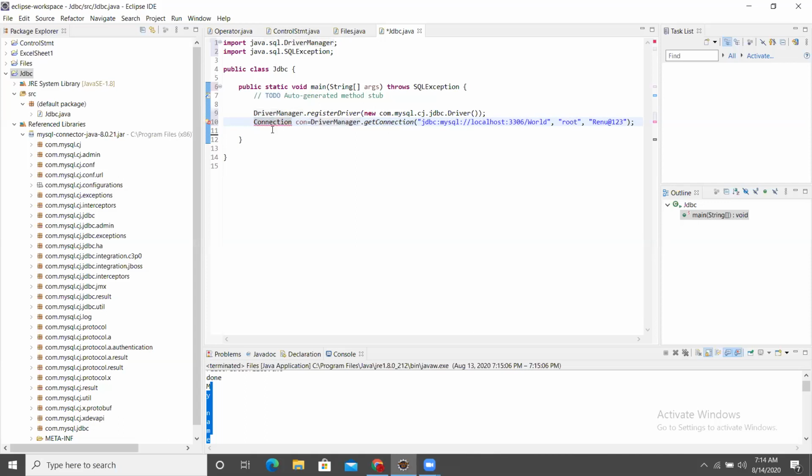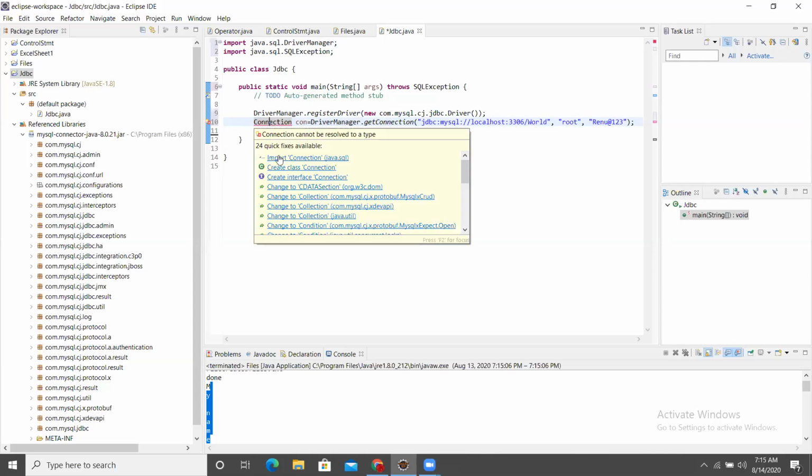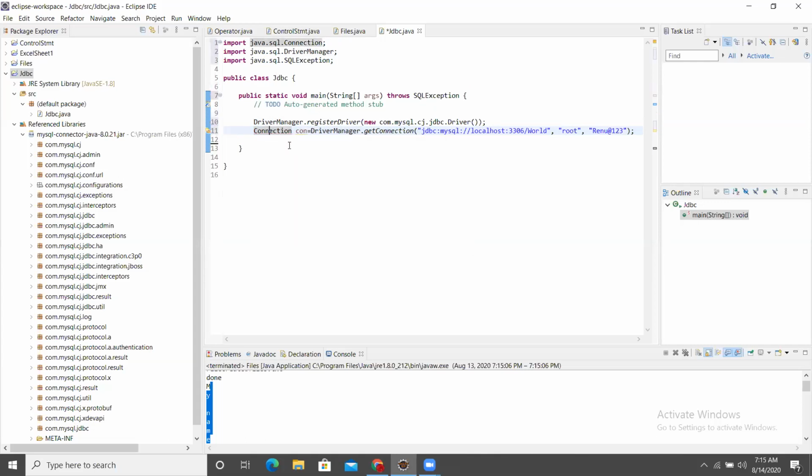That is part of java.sql. Just import it. Put the cursor there, and you will get suggestions automatically. The first one. Now display System.out.println(con).